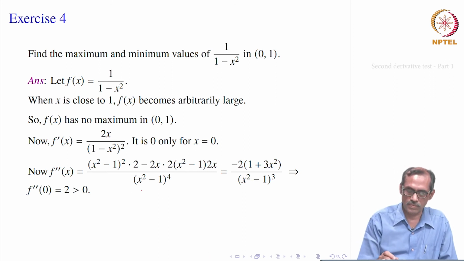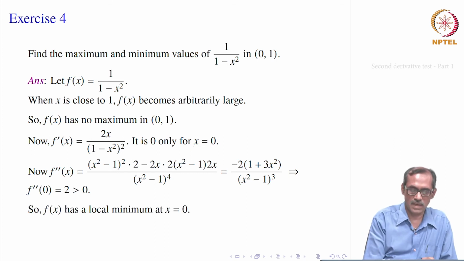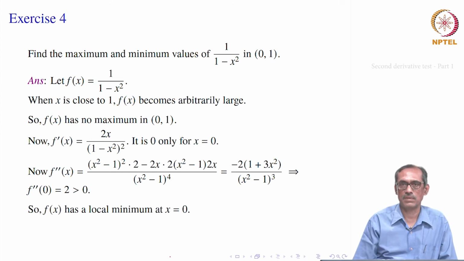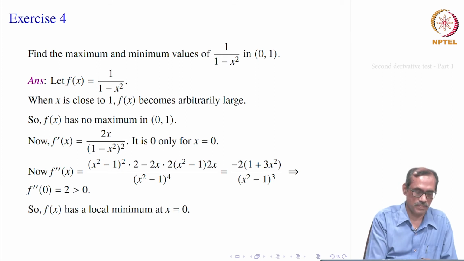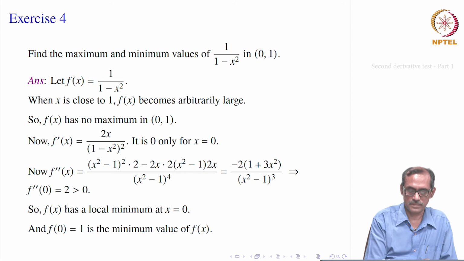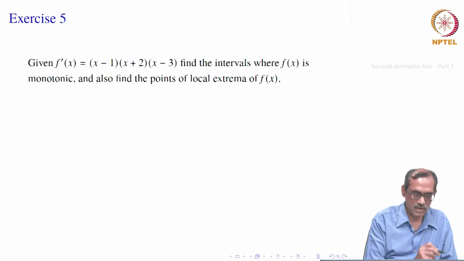Now, you want to find this at the critical point. So, at x equal to 0, if you evaluate it, it gives the value as 2. This gives minus 1, so 2, and this is bigger than 0. So, f of x has a local minimum at x equal to 0. In fact, that is the only extremum value, no other local minima or maxima. So, that is also the absolute minimum, and its value is 1. Is that fine? Okay.